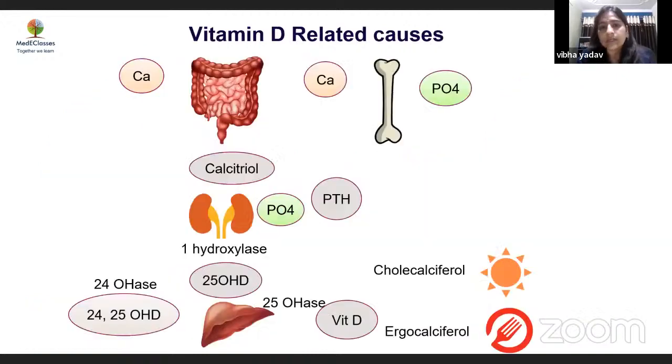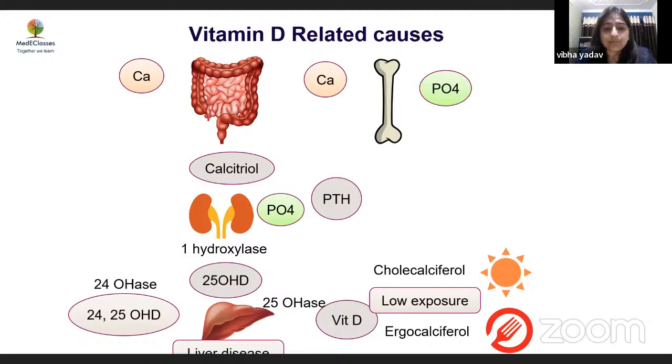So moving towards the next cause, vitamin D related causes. As Dhwani has already mentioned, for most pediatricians or PG students, this is the most common cause that they are going to face. What happens here? There is low exposure to sunlight. As we all know, sunlight is very essential for the conversion of the precursor to vitamin D. So in areas where there is low sunlight, and for people who are not exposed to sunlight, they are more prone to have vitamin D deficiency related hypocalcemia.